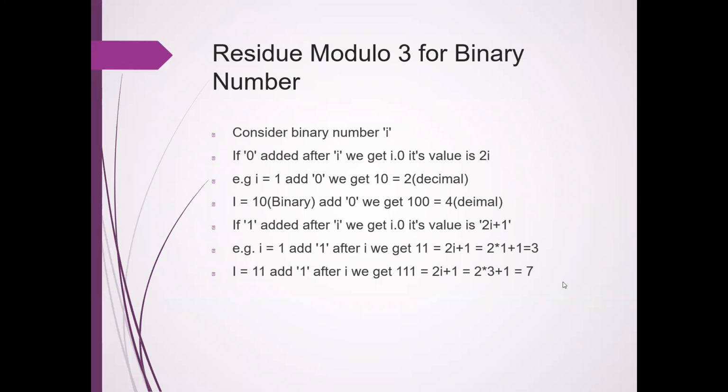Now you all know that when you divide a number by 3, the possible remainders which you will get are nothing but 0, 1 and 2. So if we consider it,